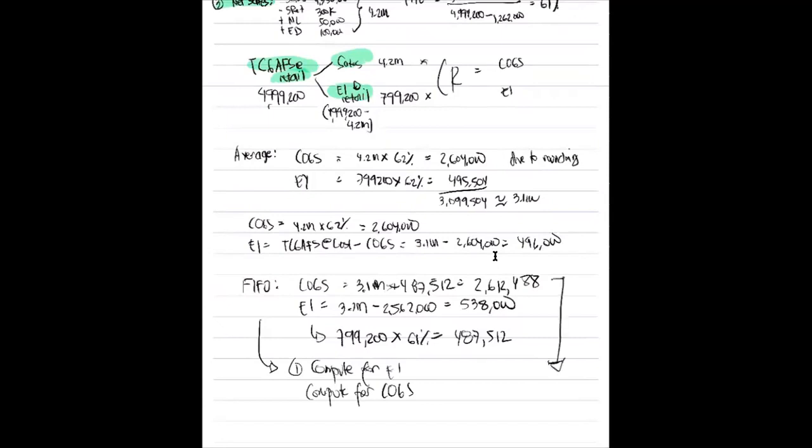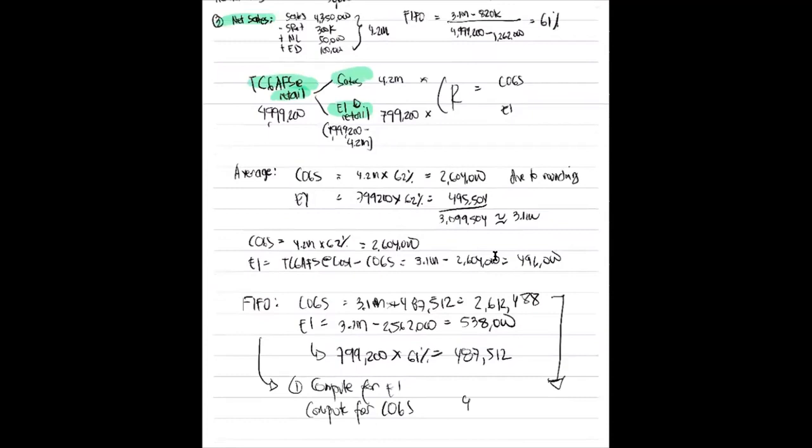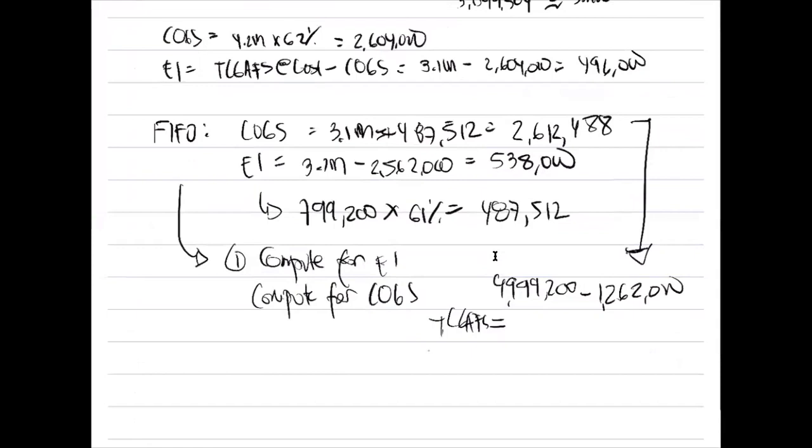Actually here in our cost of goods sold, if you want to really compute it, so we have 4,999,200, right? Less 1,262. So how much is our total cost of goods available for sale at retail? So we have 4,999,200 less 1,262. Sir, ano yung 1,262? Yan yung beginning inventory at retail. So 3,737,200 yan. Tama? You multiply it to 61%, which is the cost ratio. We have 2,279,692